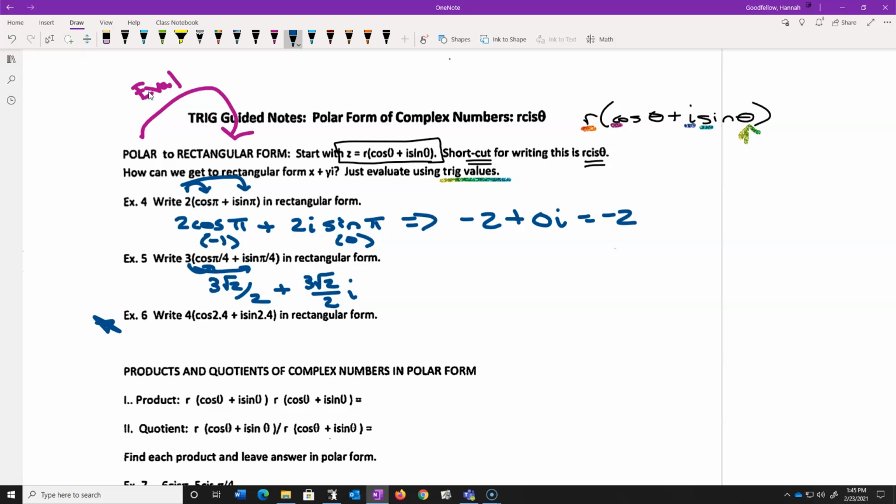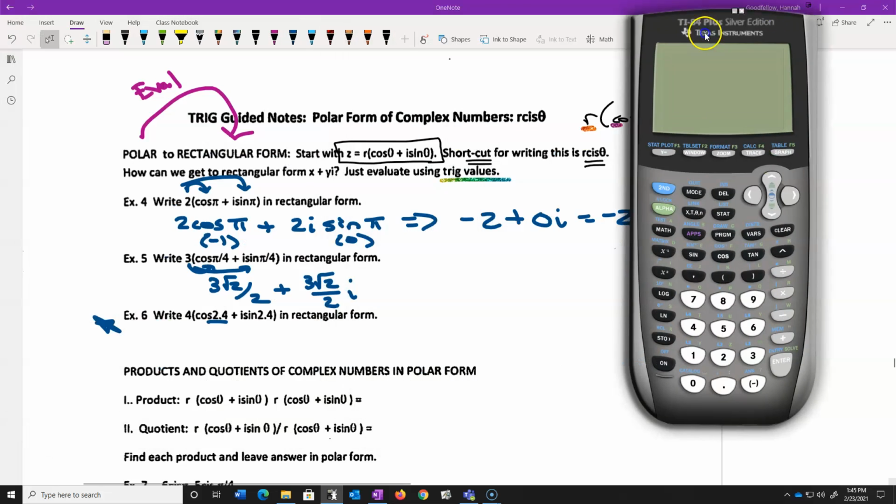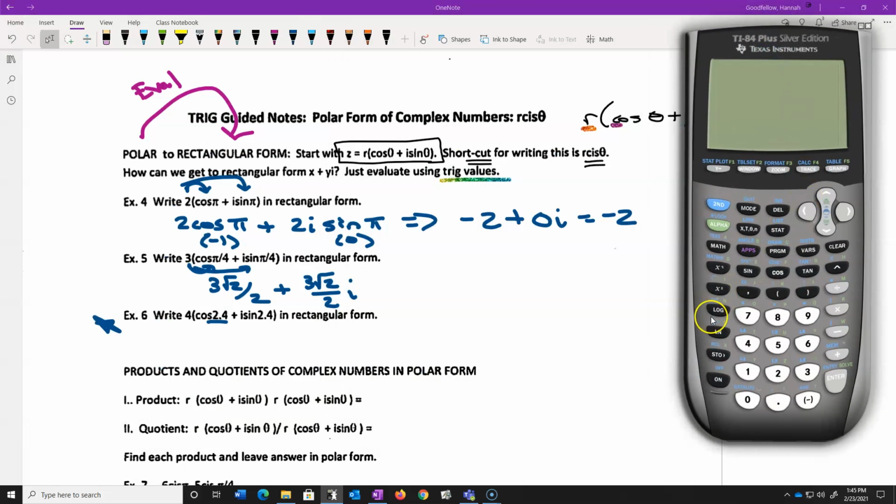Sometimes the unit circle is not always available to us, especially for things like cosine of 2.4. Well, ultimately, that is a radian, and you would need to use your calculator to figure that out. And so I'd go, okay, that must be 4 cosine of 2.4. And that answer would be something like